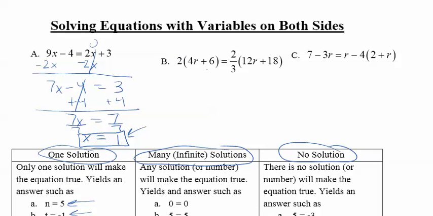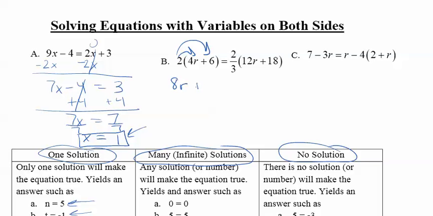Let's look at B, okay? So when I look here, it looks like I have a lot going on. But the first thing I need to do before I can combine variables is I have to get them out of the bracket. So in order to do that, I'm going to have to distribute on both sides. Okay, so let's distribute. Remember, equations with variables on both sides can also be multi-step equations. Okay, so we have